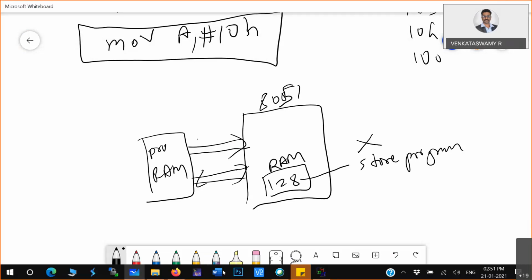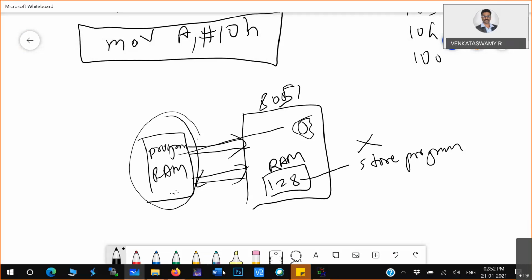Instructions will be supplied to this microcontroller, and it executes. That execution will take place here, but the program is present outside. So external memory interfacing will be done.